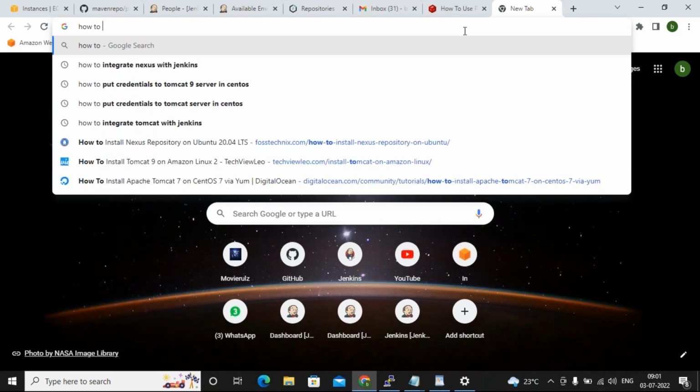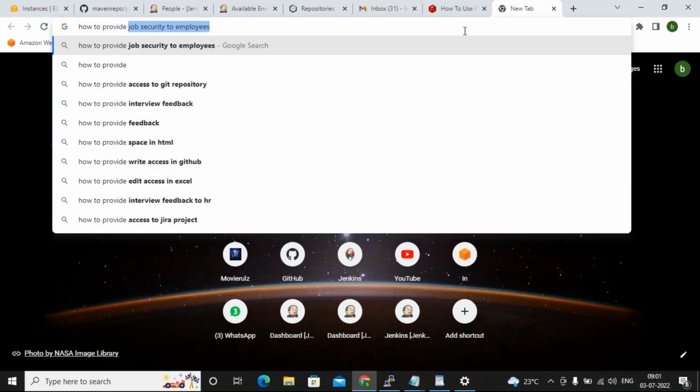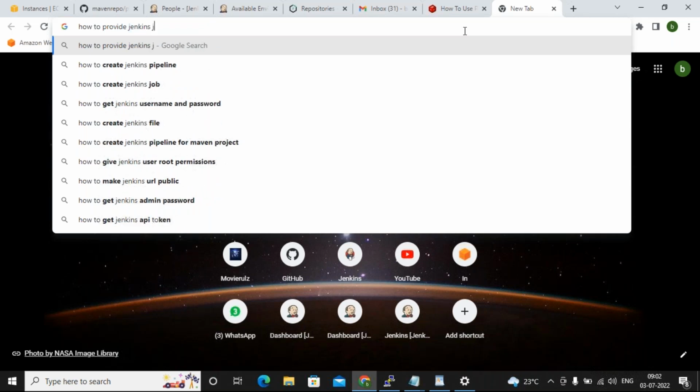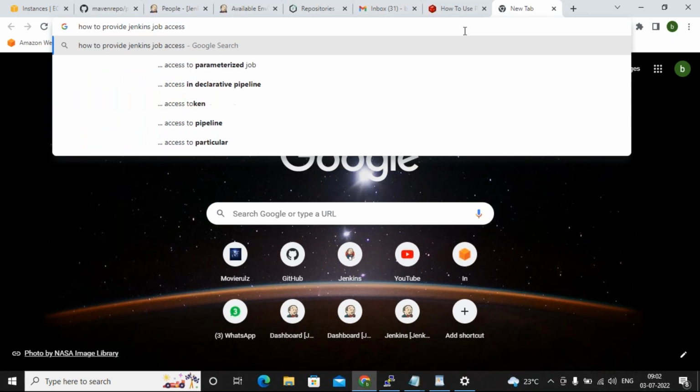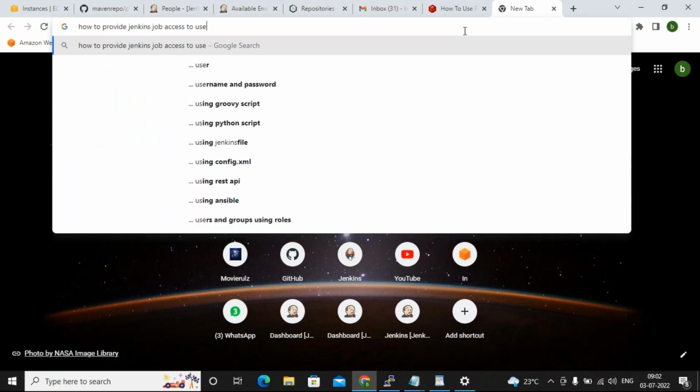For that we have one more plugin called project based matrix. How to provide job access to a user?